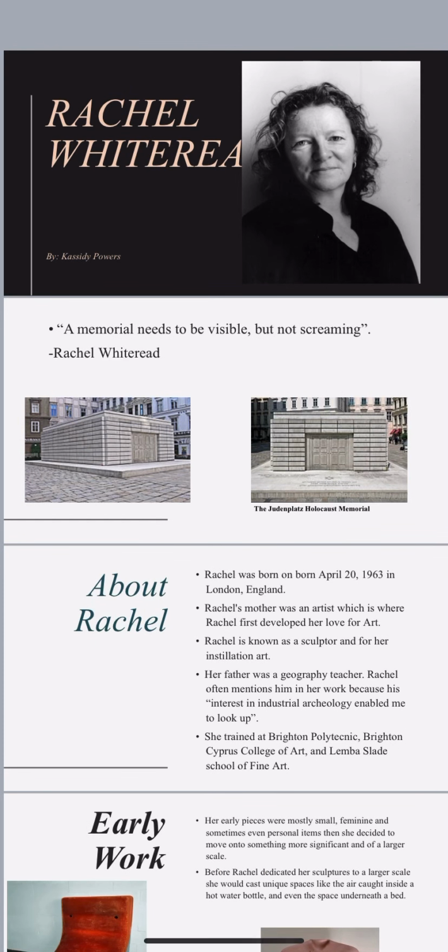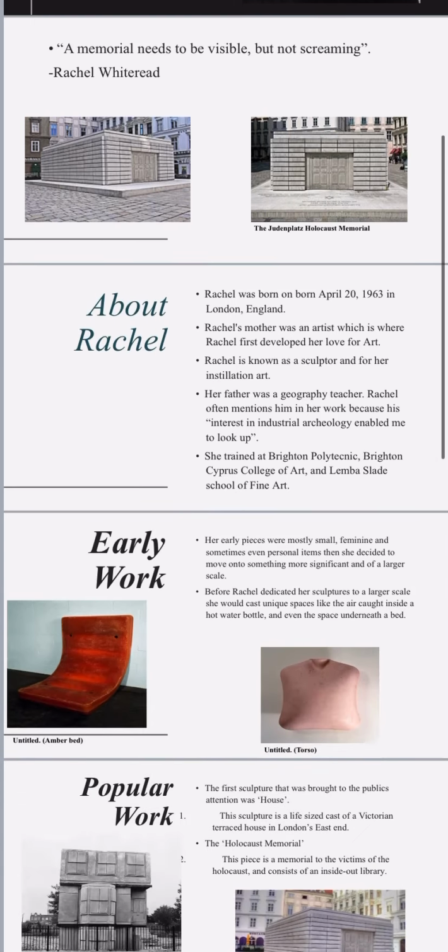Rachel Whiteread. A memorial needs to be visible but not screaming. These two pictures are going to be of the Holocaust Memorial. A little bit about Rachel. Rachel was born on April 20th,